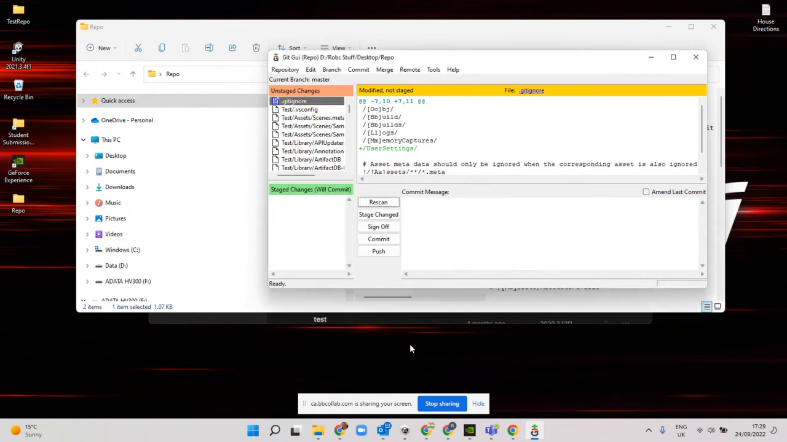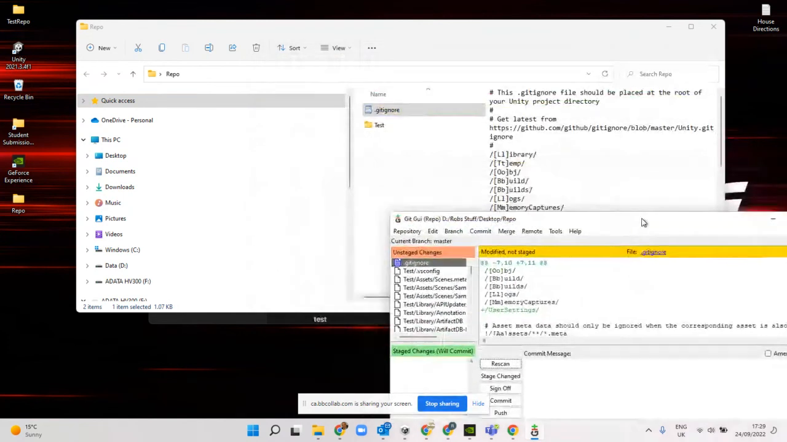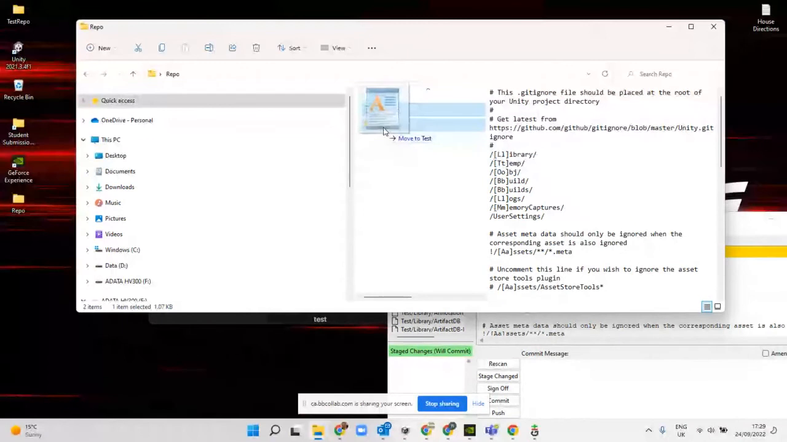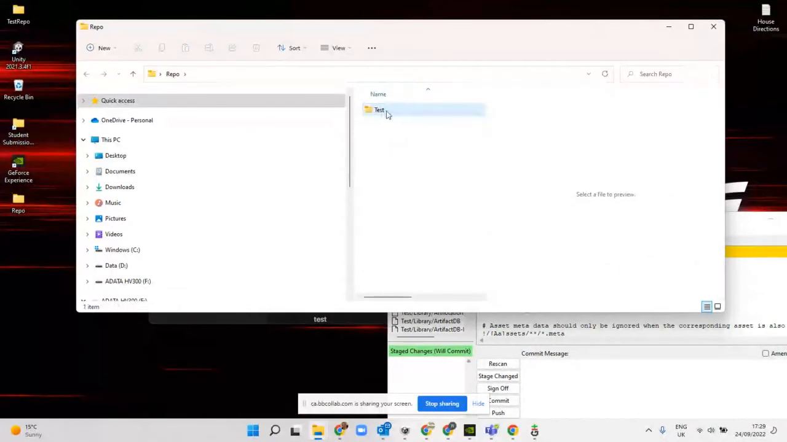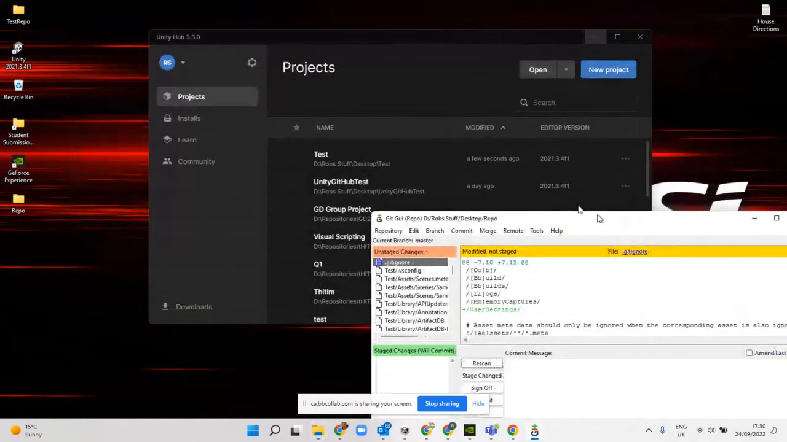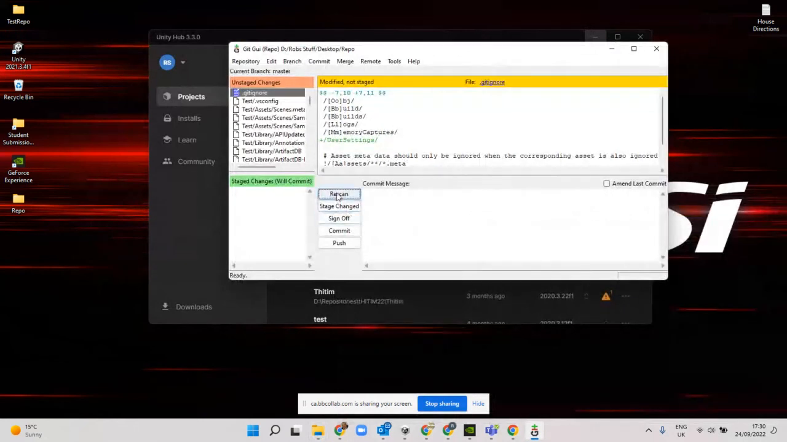Okay, to get around that, all we do is move the gitignore into the Unity folder, so it's in the base of the Unity folder. So when it looks for a folder called Library, it'll be there. If it looks for a folder called UserSettings, which is our one, it'll be there. So again, if I rescan now in Git GUI,